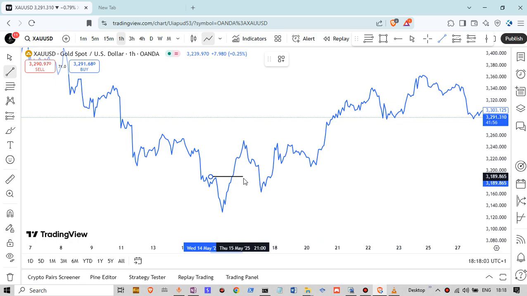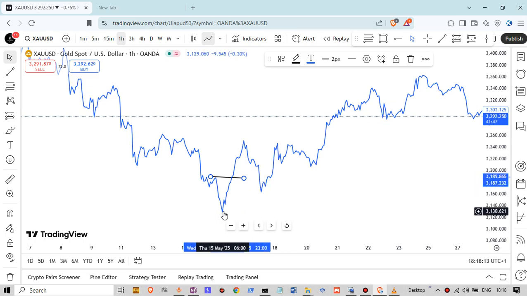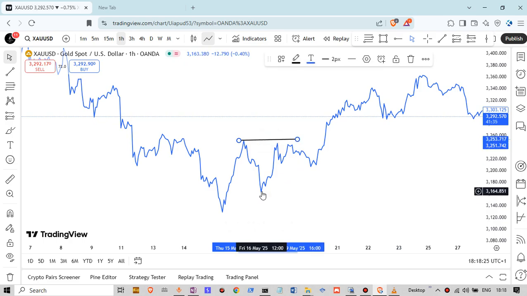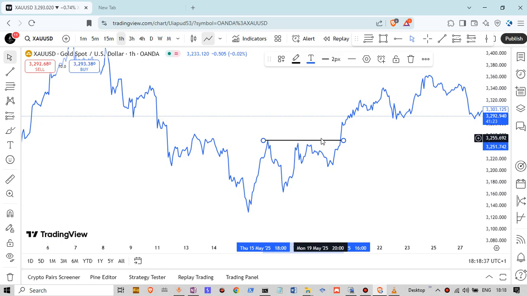Now you could see that this guy had gone up here. So I would want to see if this guy would come back down a bit, but not come down below here. Once it comes down here a bit, I want to watch it break this level. So I'm going to watch for this level. I can see it going down like this. Then once it comes over here and breaks this guy up, yes, that's a change of direction.